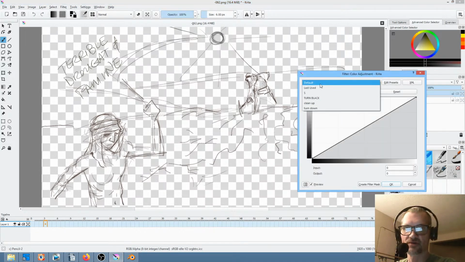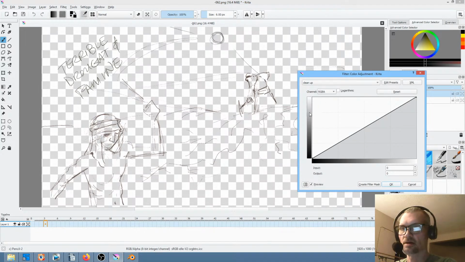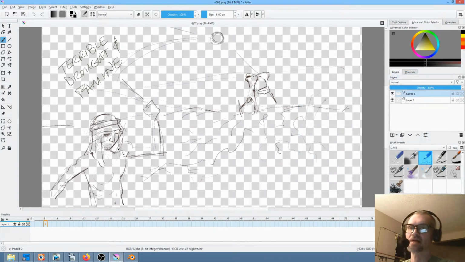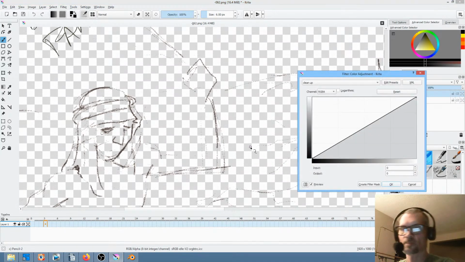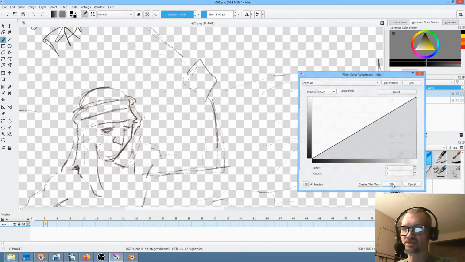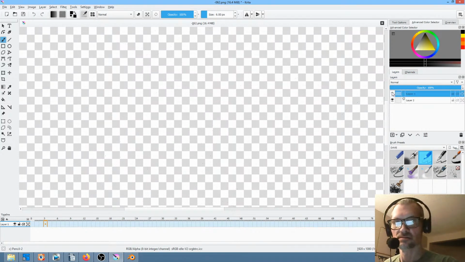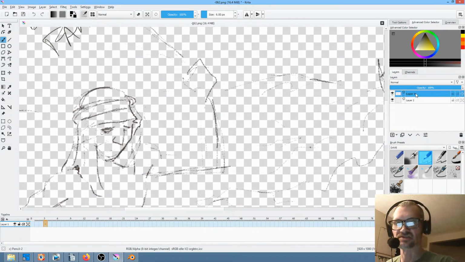Okay, so I sort of have a cleanup preset. Okay, you know, that's not too bad. Okay, so that got rid of a lot of the sketchy lines, but it's really not quite good enough. Okay, so if I do it twice, this is probably a lame example because the tree,